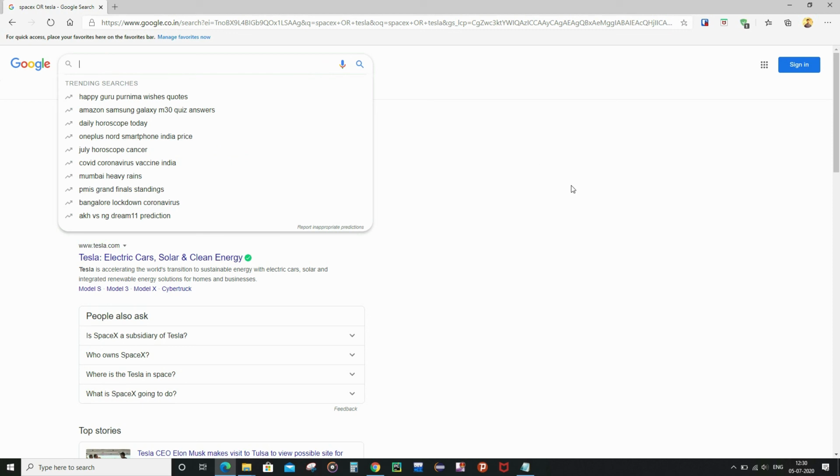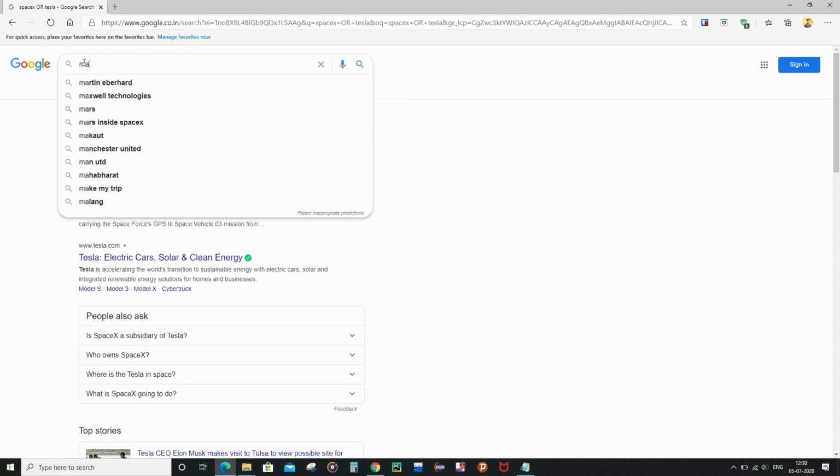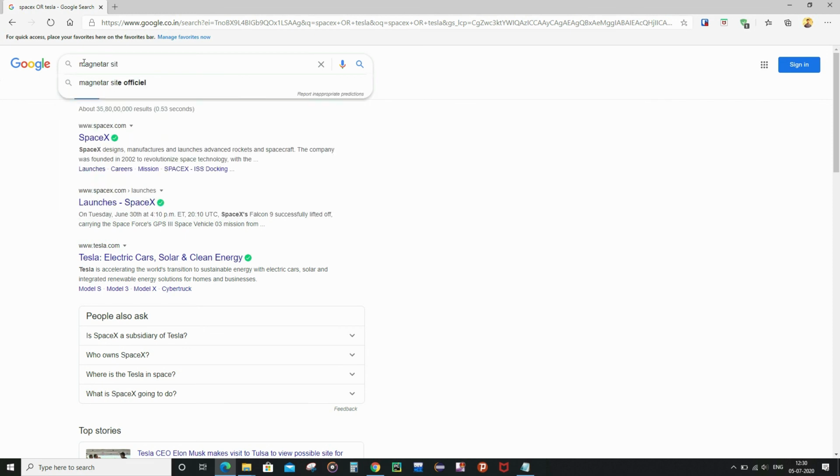And now the last one. Suppose you want to learn about a specific thing which is only present in a specific topic or specific website. For that you can actually use the site function or the site keyword or syntax, whatever you can call it, followed by the site URL.